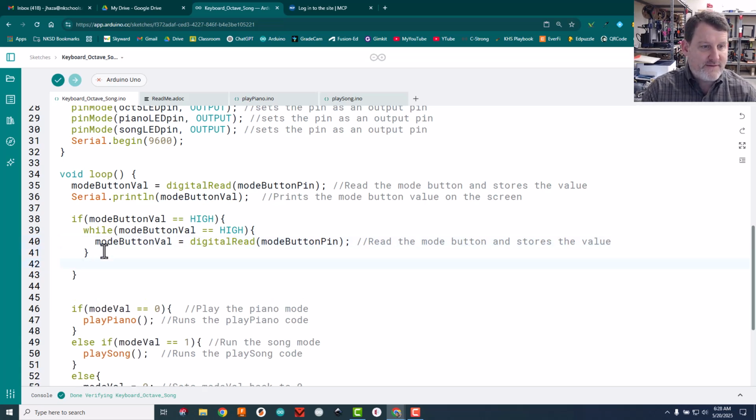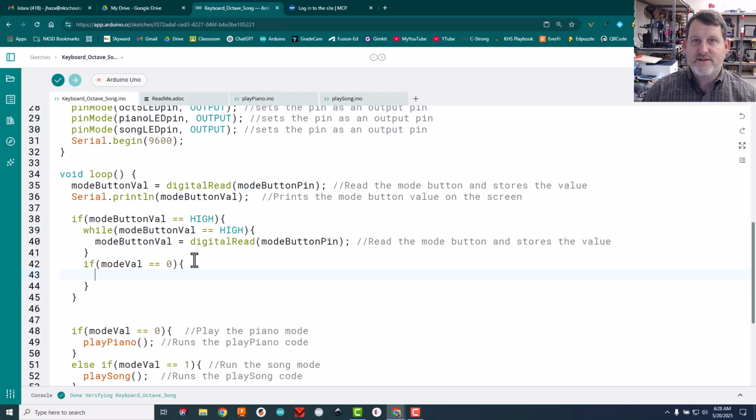So now that we have if mode button value equal high, while mode button equal high, we just read the button again. Now we actually do what we're trying to do. In this case, we're going to ask the question where we are currently, so where mode is. So if mode val, if we're currently equal to 0, we need to increment or increase the mode val. So I'm going to do mode val plus plus. Remember, plus plus means add 1 to it, and that's not how you spell mode val. Mode val plus plus,